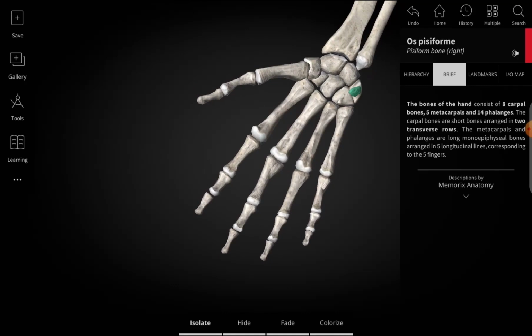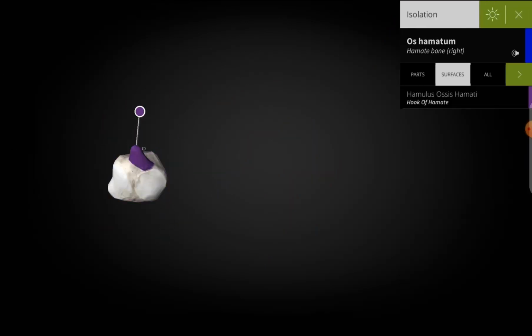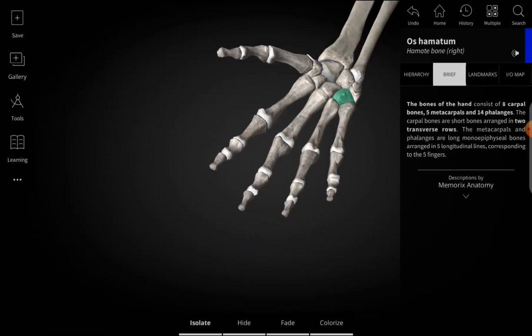The most radially located is the trapezium, os trapezium, followed by the trapezoid bone, os trapezoideum, then the capitate, and finally the hamate, os hamatum, which has a special feature, the hook of the hamate, hamulus ossis hamati. These structures form the eminences. These characteristic features make up the medial and lateral carpal eminences, and between the two lies the carpal sulcus,